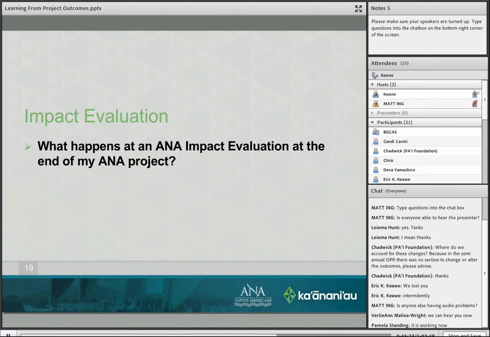Your short-term outcomes, say the development of a curriculum, might turn into a long-term outcome by the implementation of that curriculum. So, those are some of the things that are necessary for them to see as far as the success of your project. So, like I said, it's not punitive.